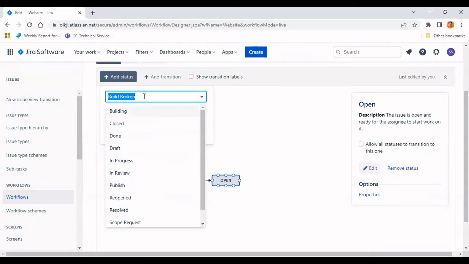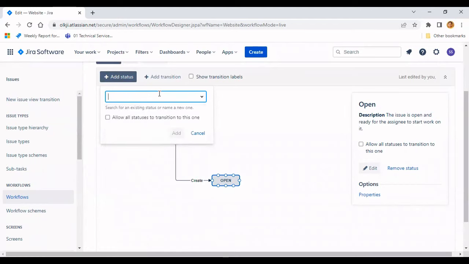You can create your own status as well, because I have already created this scope request, so it's showing over here by default. But you can always create. You have to just type this, and just for your reference, I will create a scope request 1. It's always advisable not to repeat any of the existing status, just to avoid the confusion. But for the demo purpose, I will just create scope request 1 just for one time.